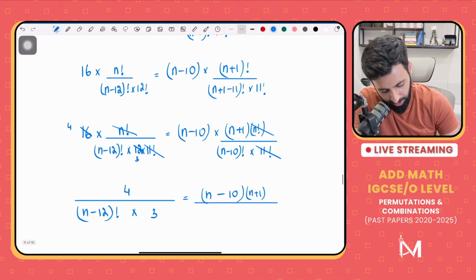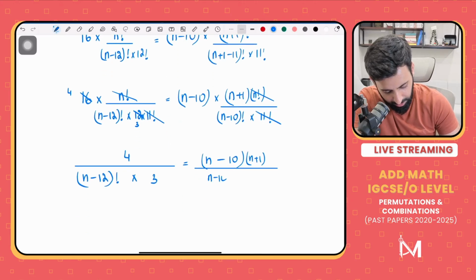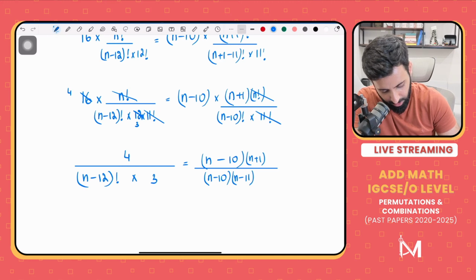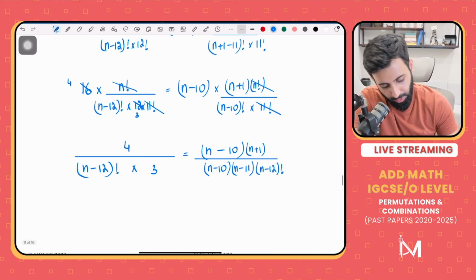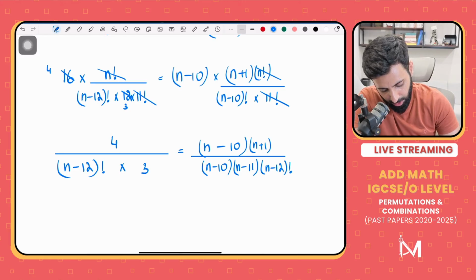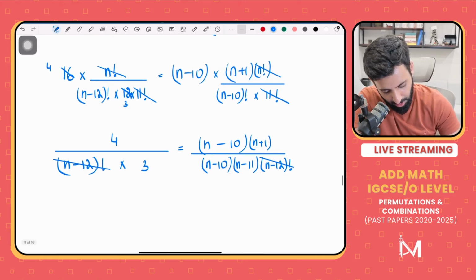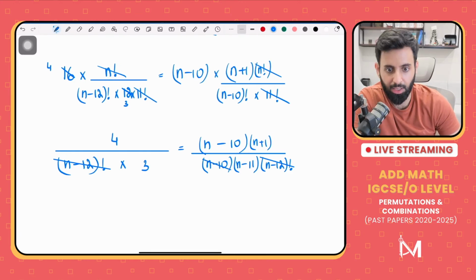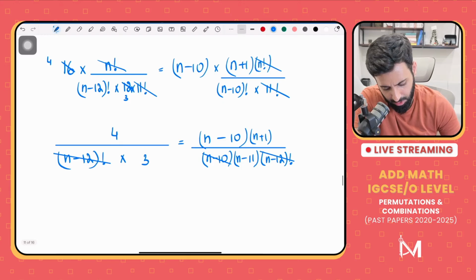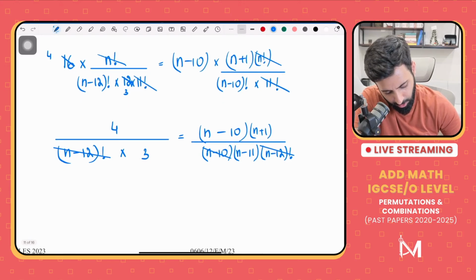Now, in the denominator, here's what we can do. We can write this as n minus 10, n minus 11, into n minus 12 factorial. So n minus 12 factorial cancels with n minus 12 factorial. n minus 10 also cancels with n minus 10, and we don't even have to deal with a quadratic equation anymore. So that means 4 into n minus 11 is equal to 3